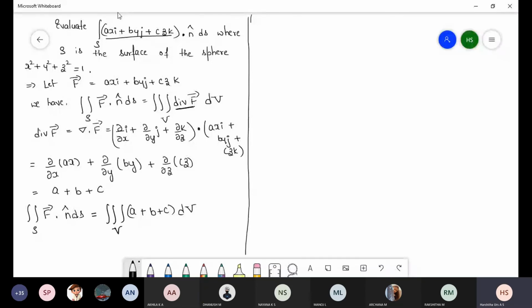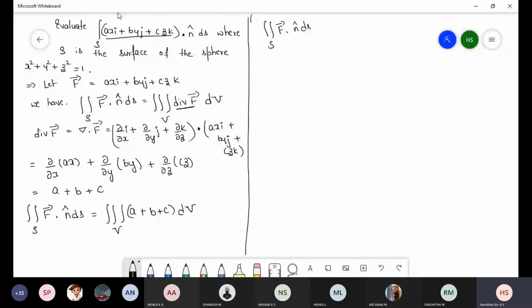So here we have to use the formula of the volume. So the double integral over the surface S vector f dot n cap ds is equal to a plus b plus c into volume V,